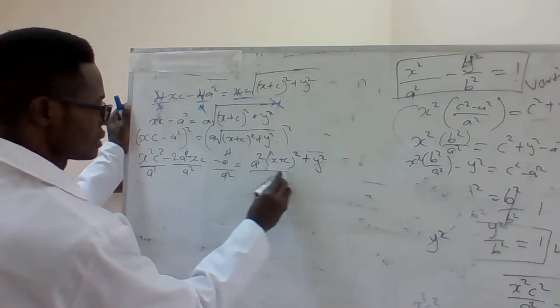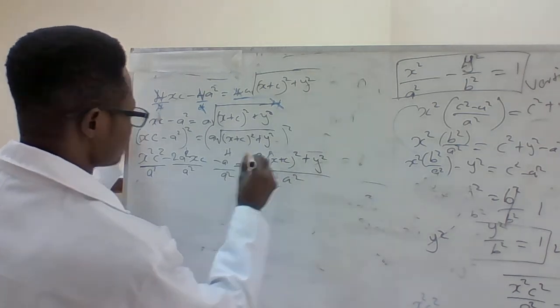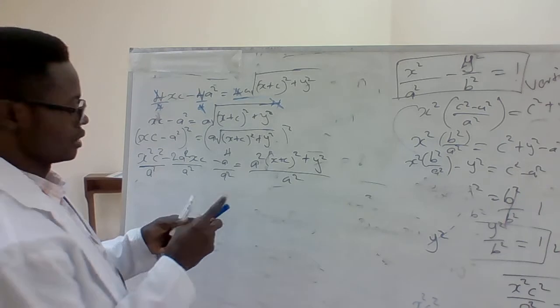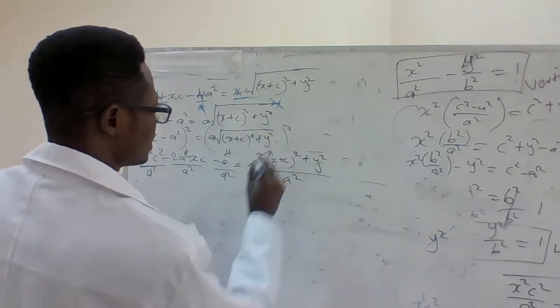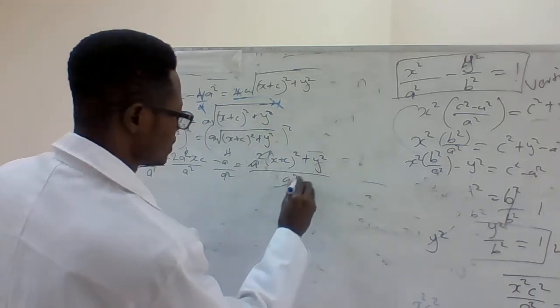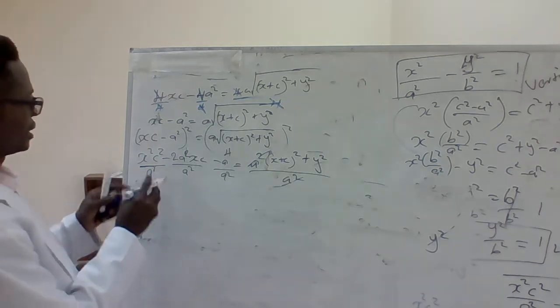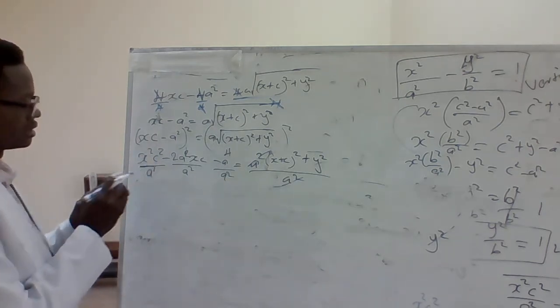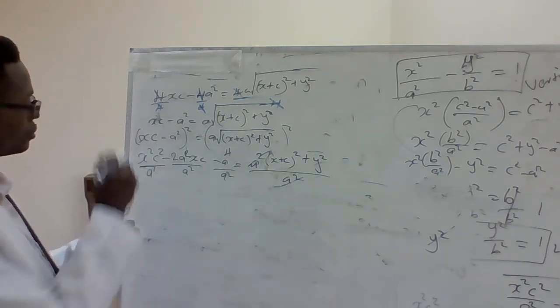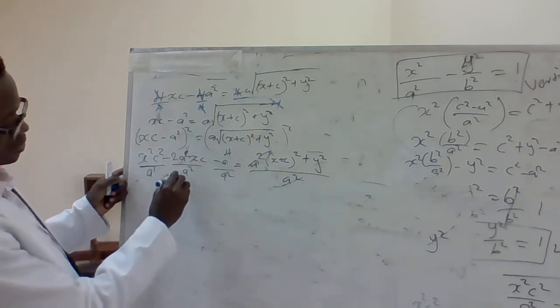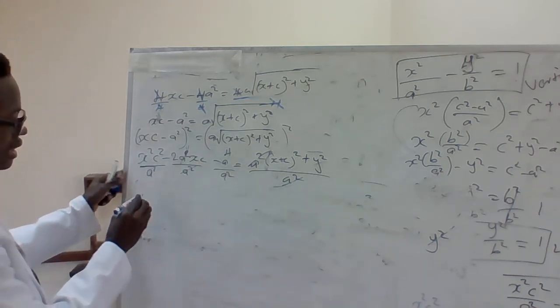So a squared goes with a squared, and a will remain because we don't have a squared in the denominator, so that we are left with